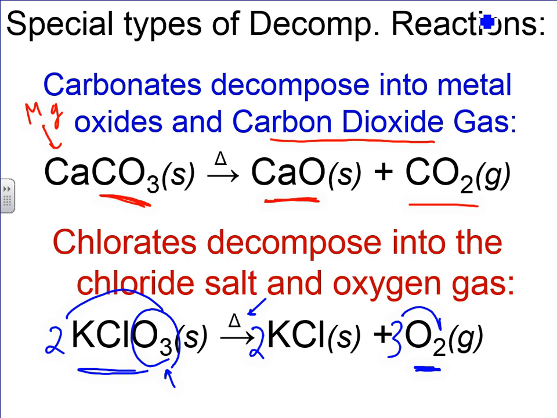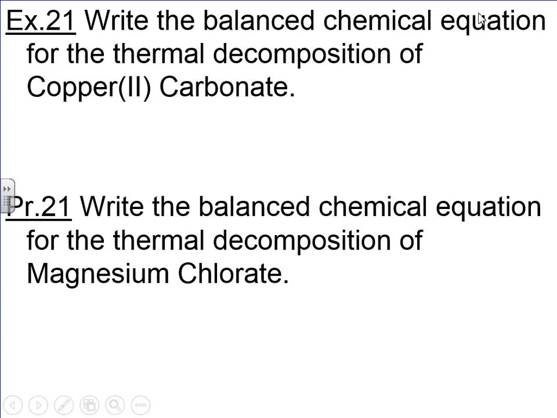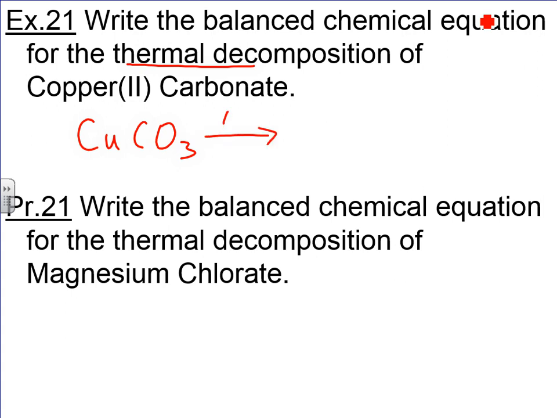So be able to do a few of these. Let's actually try 1 or 2 of them. We can do both problems here. Write the balanced chemical equation for the thermal decomposition of copper II carbonate. Thermal decomposition is a fancy word for saying you're going to heat this and it's going to decompose. Right, so copper II carbonate is written as CuCO3. There are 2 types of copper. This is copper 2. We're going to draw the arrow, a little heat symbol above, showing that we are decomposing by heating, and